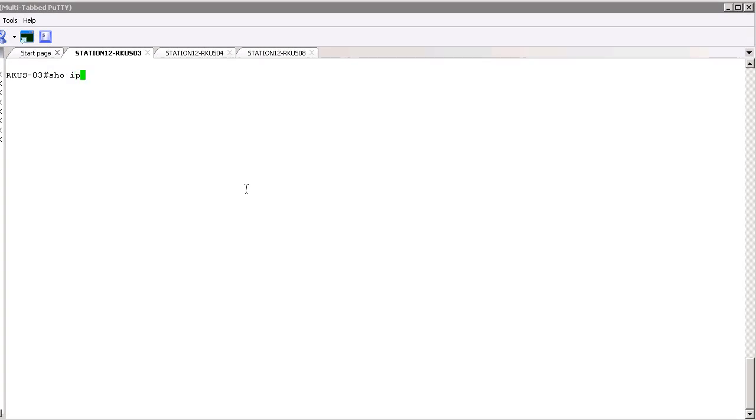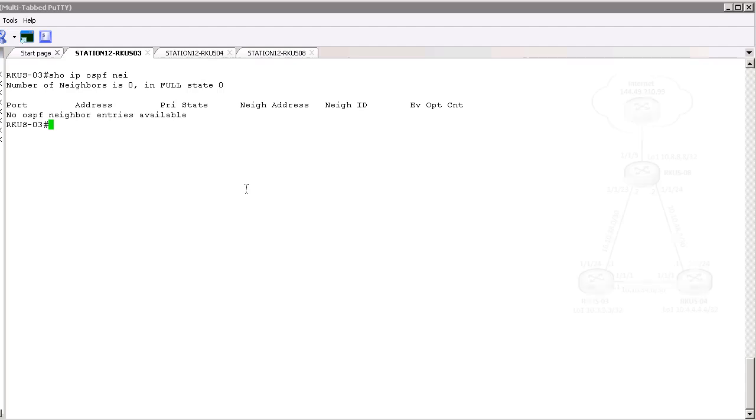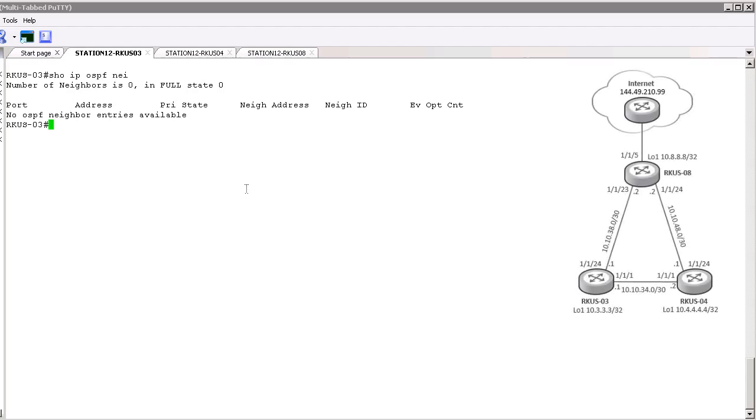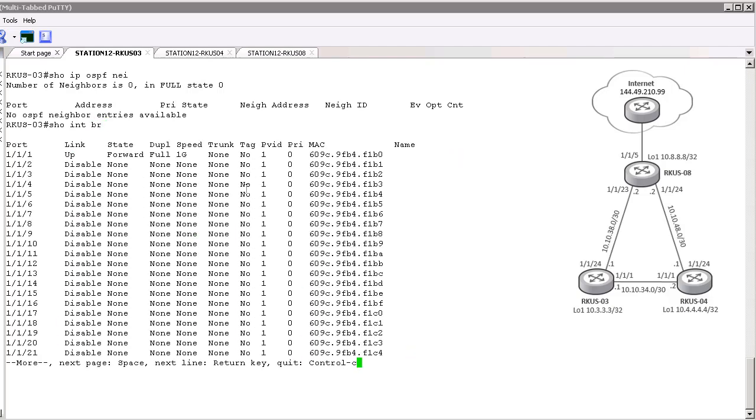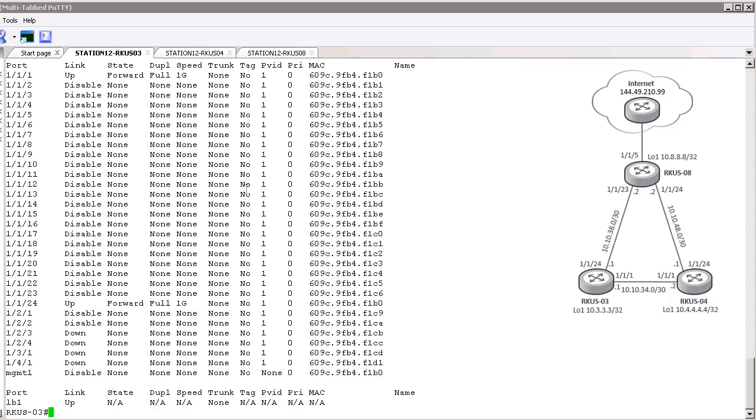Show IP OSPF neighbor, just to see where we're at. And indeed, we have no neighbor adjacencies there. So what we're going to need to do first is look at those interfaces and make sure they're up. So we're going to do a show interface brief. And we do see interface 1 is up, as well as 24, which are those links to